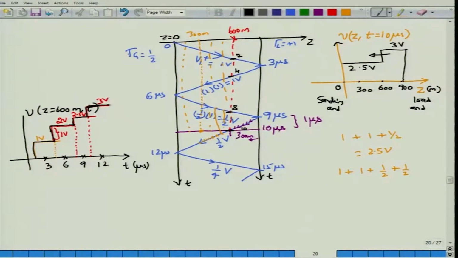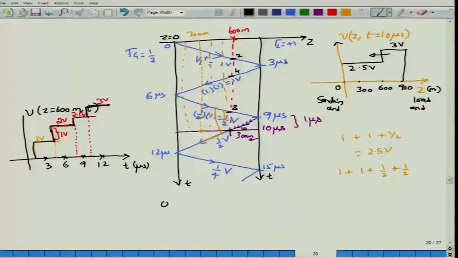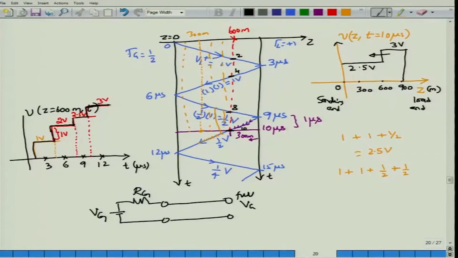So, you can see that the voltage is steadily increasing, and eventually what would be the voltage that you should see on the transmission line? Well, remember, this is an open circuit, right, and an open circuit would have a full voltage across it, and the line is lossless. So, no matter what line we have connected, as long as it is lossless, the voltage that you would see on an open circuited end of the transmission line will be the full value of Vg. So, here you had some Rg, and after the time where the transients have settled down and you have reached the steady state, you should see a full voltage of Vg, and that would be the voltage distribution along the